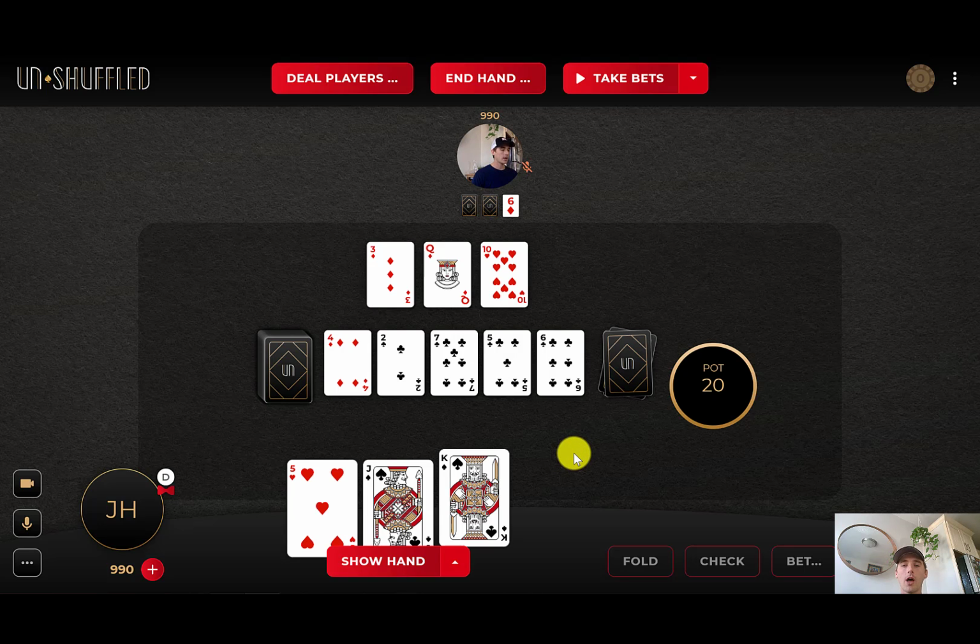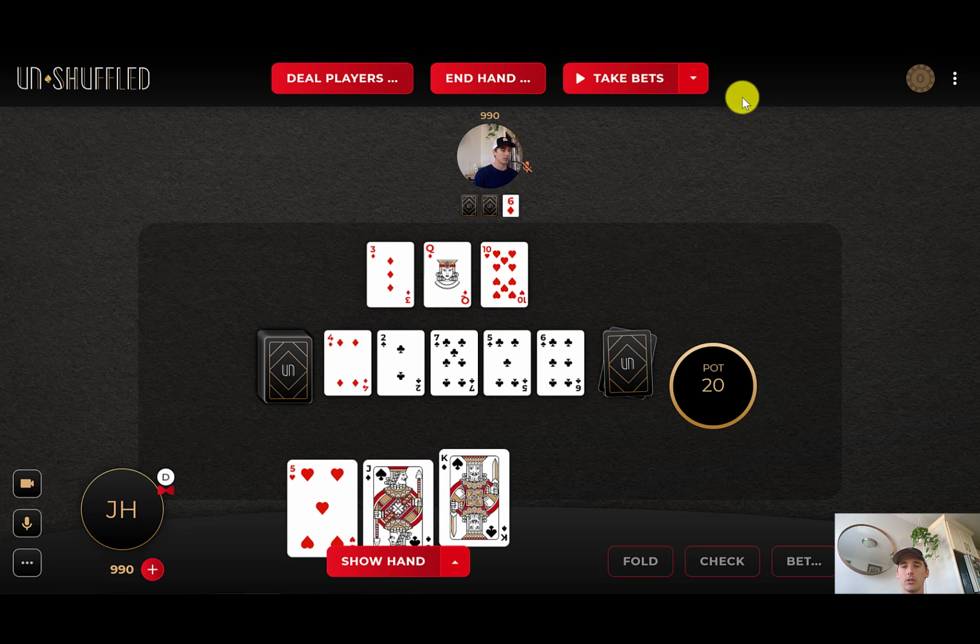Now, one other neat feature that we've added to this release is the ability to choose who goes first in each betting round. This can facilitate stud games like 7-card stud, or any other game really in which the player who leads is based off of a face-up card, or maybe it alternates between players. I'm not sure what crazy games you guys have all made up, but we did want to add that feature